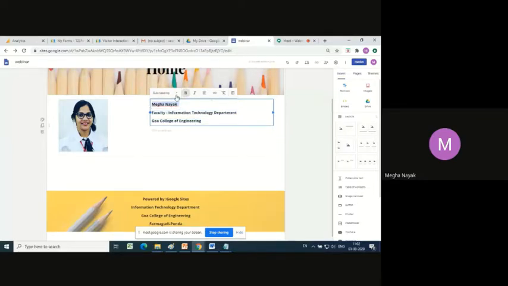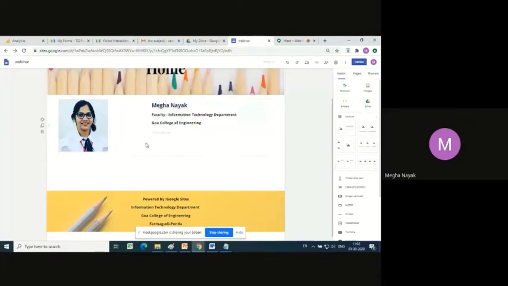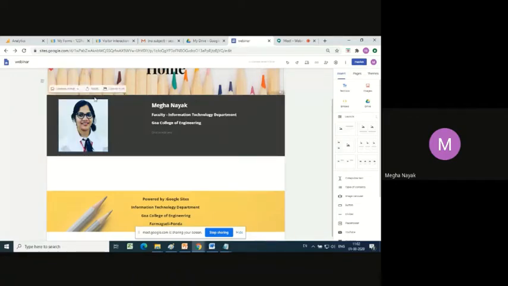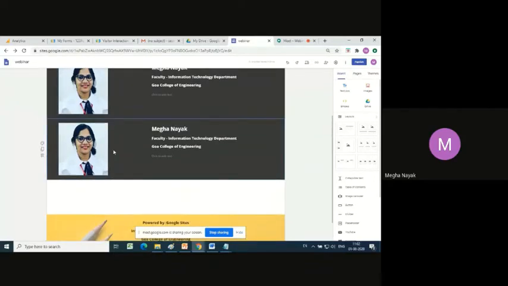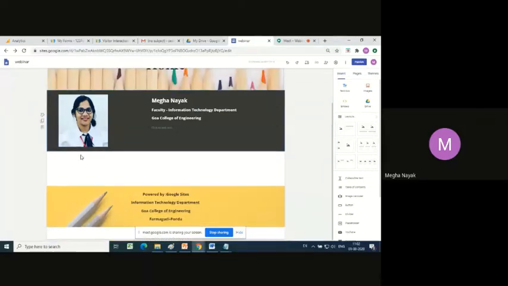If you want, you can make this a little big, something like this. But again, this is white, and if you want to give it a certain emphasis or a certain background, you can choose this palette option over here, click on it and give it, you can see it's become gray. Again, an inbuilt option to make it black. So up to you to choose whatever you want. If you want to duplicate the same thing again at the bottom, you will click on this duplicate section. But why would you want it two times, right? So yeah, I delete it.